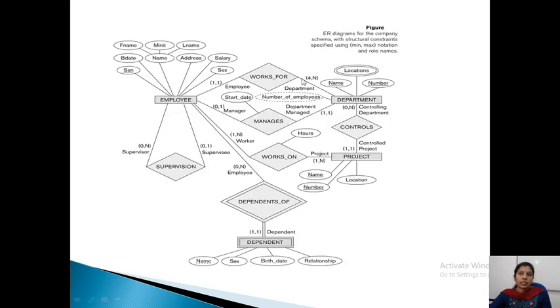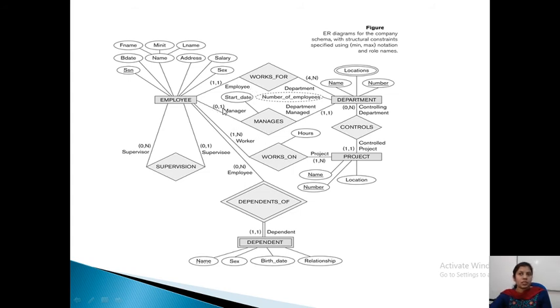So using min-max notation, we can see here employee works for department. Here employee is participating, actually is 1 to 1, and here 4 comma n. So minimum they have specified 4 employees must be there. So that's why it is 4. And employee manages department. He may not manage.